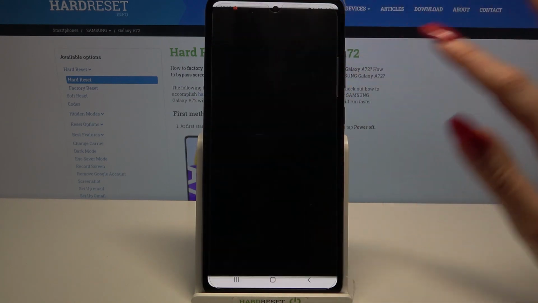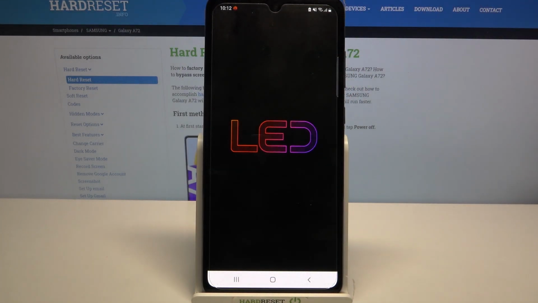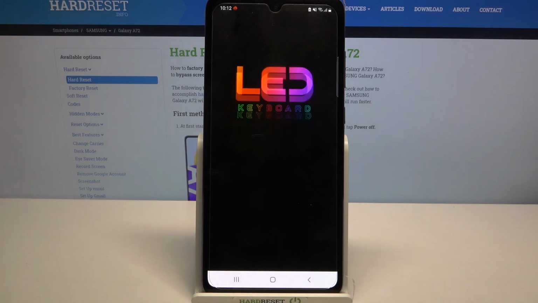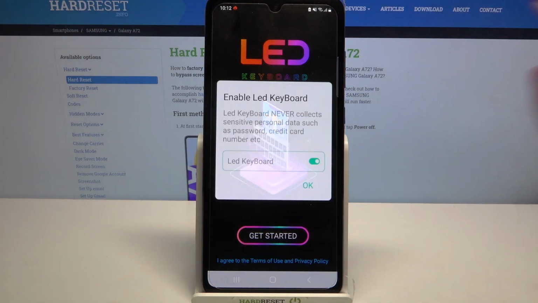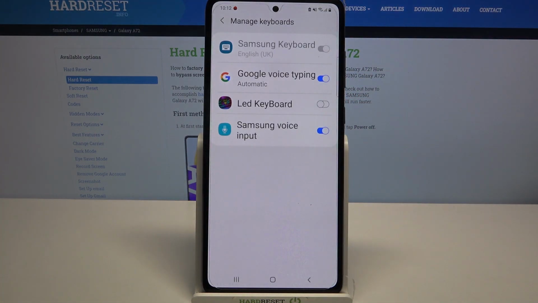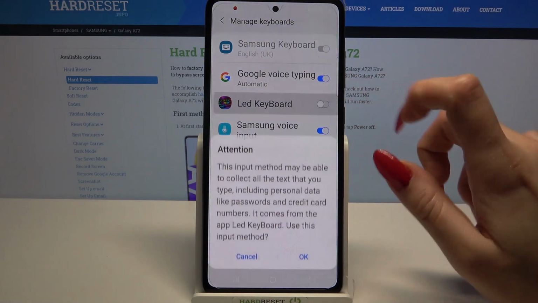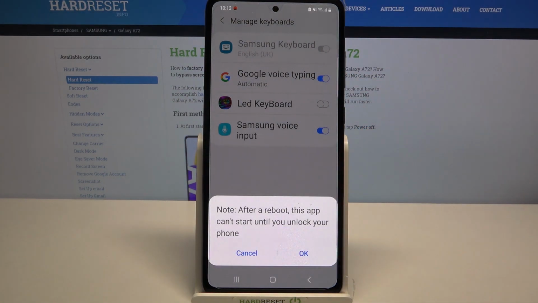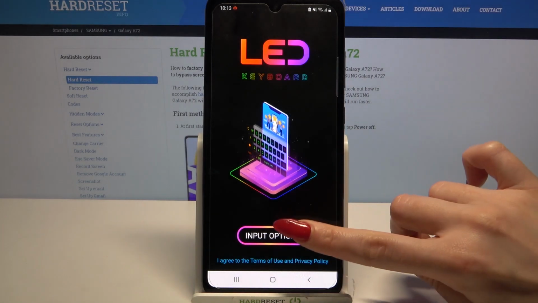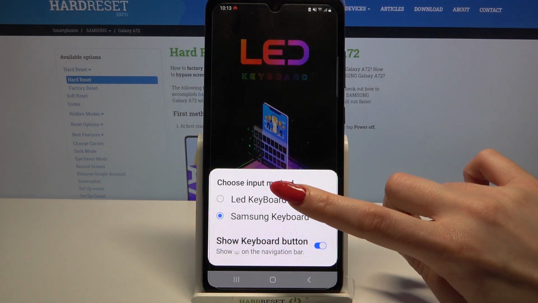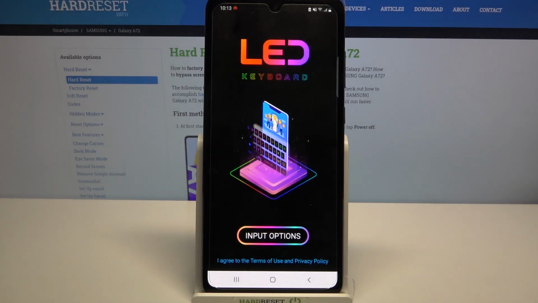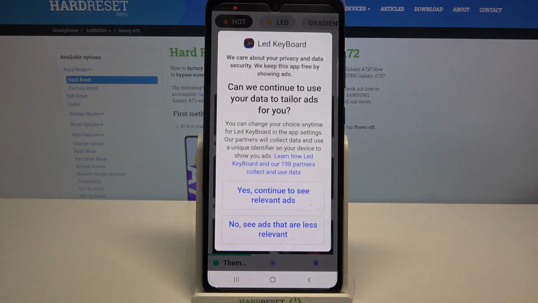Now open it. Click Get Started, then tap OK, click on the switcher next to LED keyboard, click OK again, tap on Input Options, click on LED keyboard one more time, and now pick one of the options that will pop up on